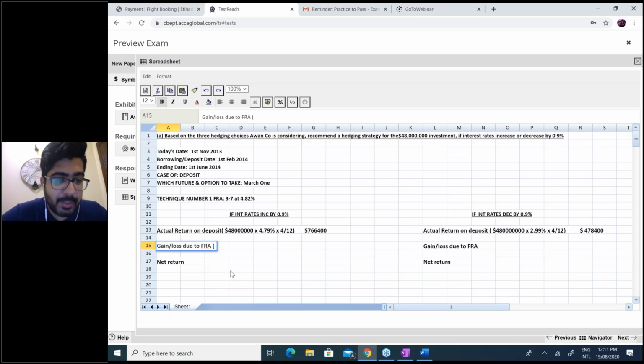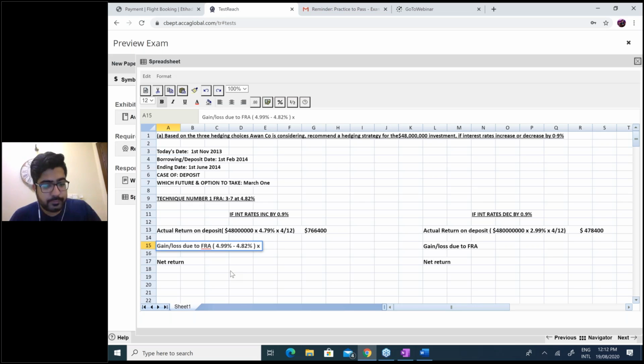If interest rates increase by 0.9, the interbank rate was 4.09, so your rate becomes 4.99. But you are doing FRA. What was the FRA rate, the locked rate? 4.82. You're doing the FRA technique, right? So when interest rates increase by 0.9, take the difference in rates. The rates became 4.99, but you locked the rate in FRA at 4.82, so take the difference in rates